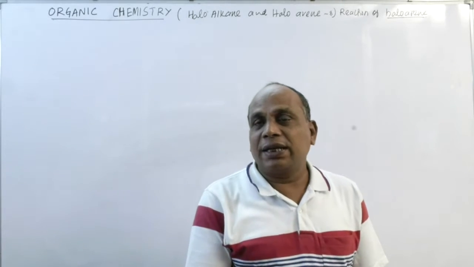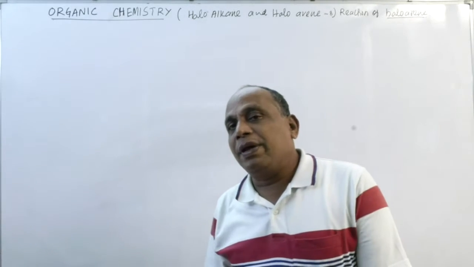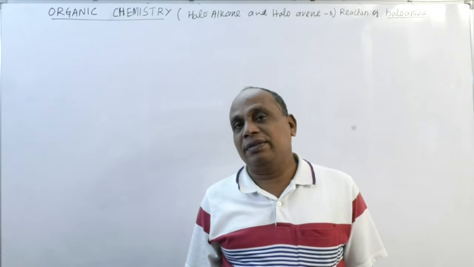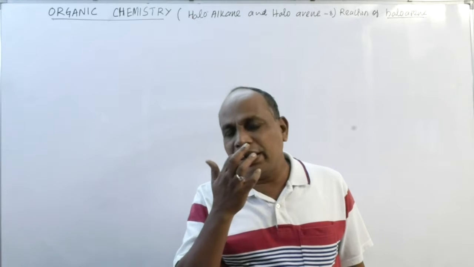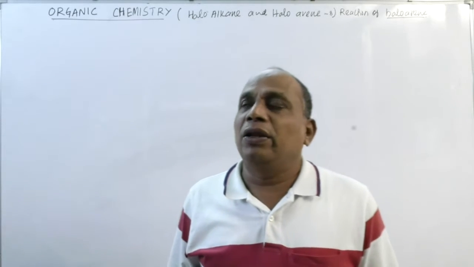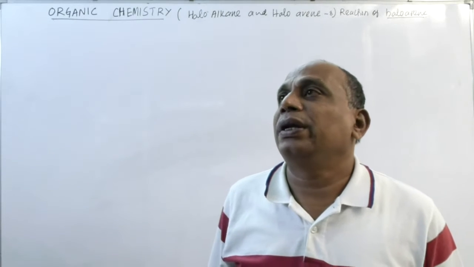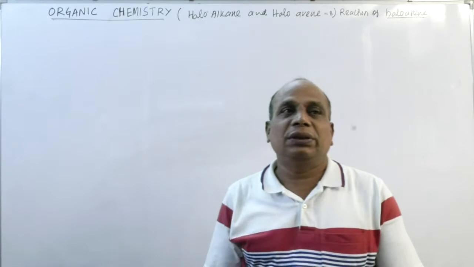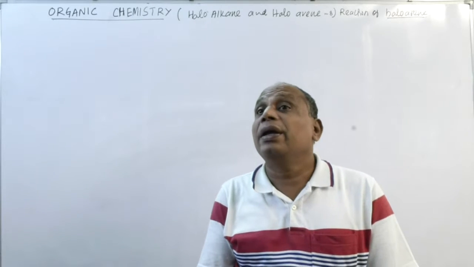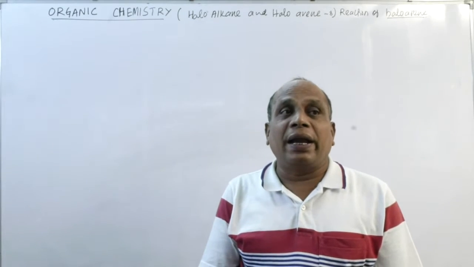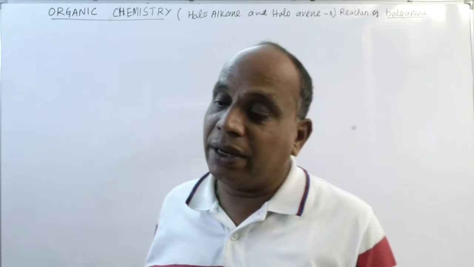Last class, class number 7, we discussed methods of preparation. What are halogens? Halogen derivatives of benzene, their nomenclature, classification, the types of reactions, and the methods of preparation. Last time we discussed the types of reactions, and we have to briefly explain the reactivity of